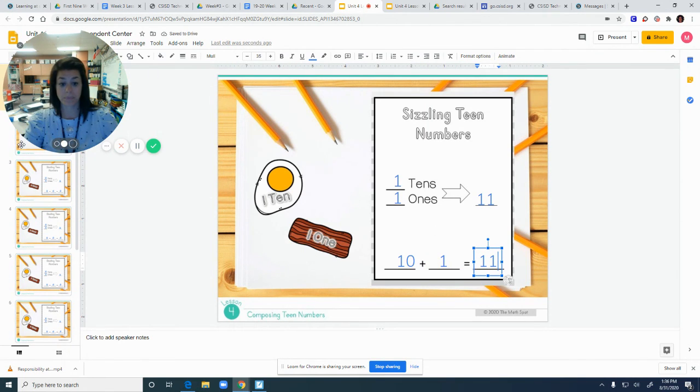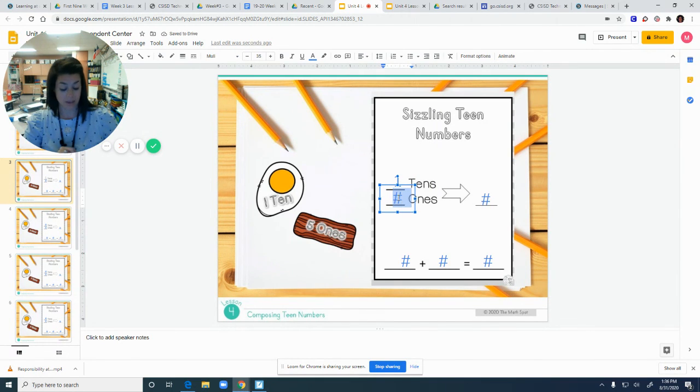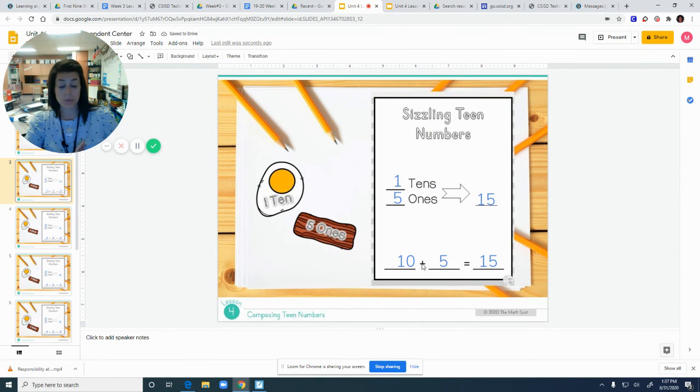Let's try one more. Here, I have 1 ten and 5 ones. When I put 1 ten and 5 ones together, I get the number 15. So when I put that in a number sentence, 1 ten is worth 10 plus 5 ones is worth 5. 10 plus 5 is 15. And that's what you'll do for the rest of your assignment in Google. All right? Okay,